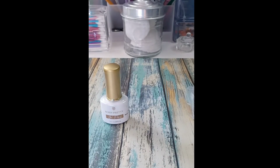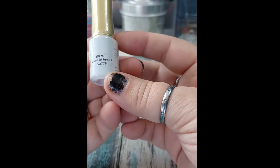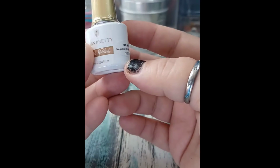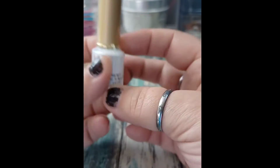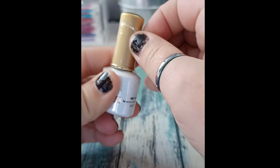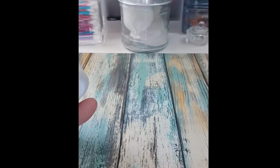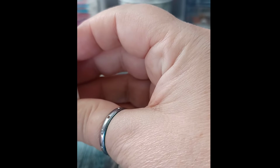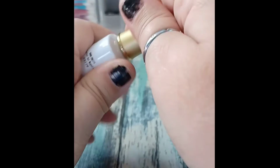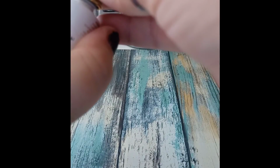Oh, I need my glasses. So this one is Born Pretty. Oh, the cat eye magnet gel. Oh, it's sealed. Okay, there we go. It says, I cannot read that. Only the gel. No? Yeah,